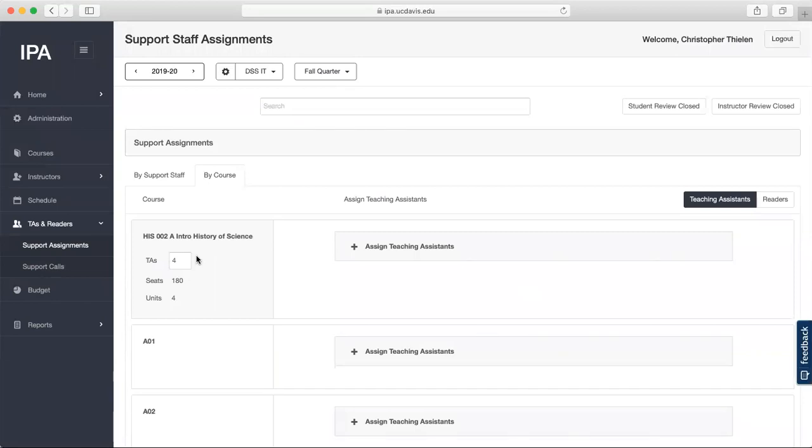But this is where scenarios come into play, and this is an important concept. Let's say I change this from 4 to 5, and you can see IPA tells me right away it saves. As you may know, IPA doesn't really have save buttons. It just saves as you go. So now we have 5 TAs here, but then if I click back to the budget,